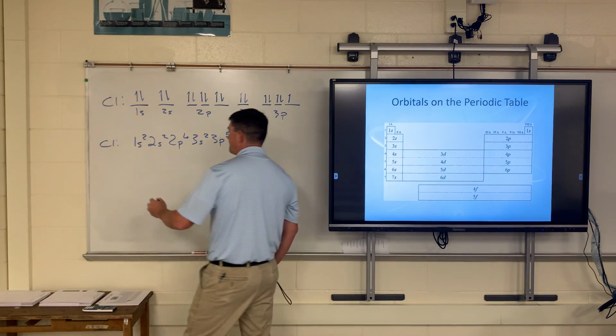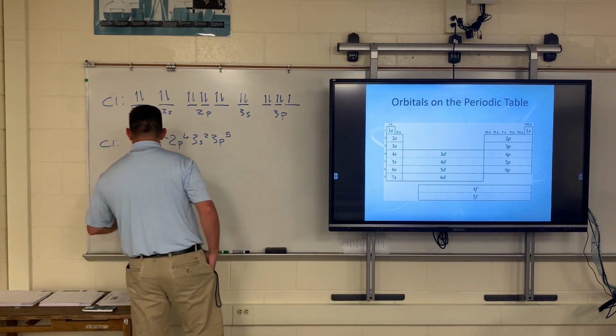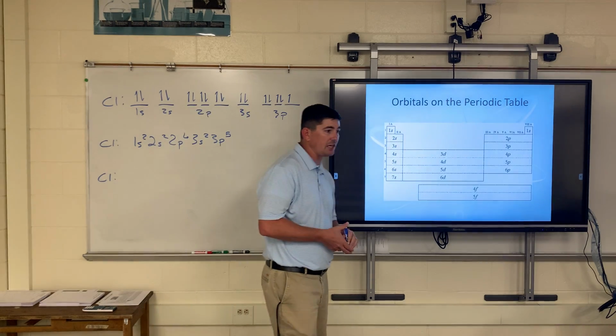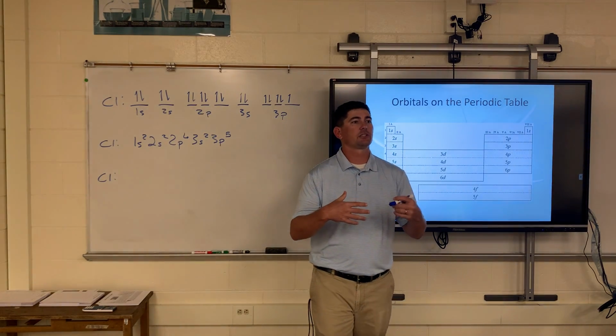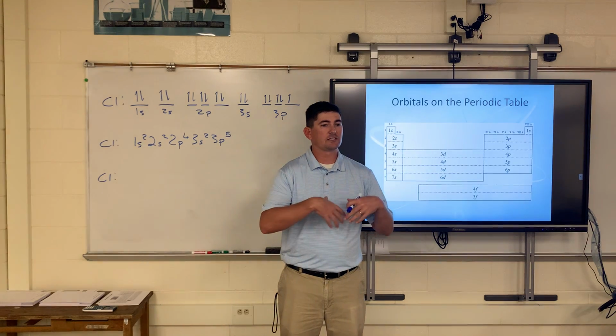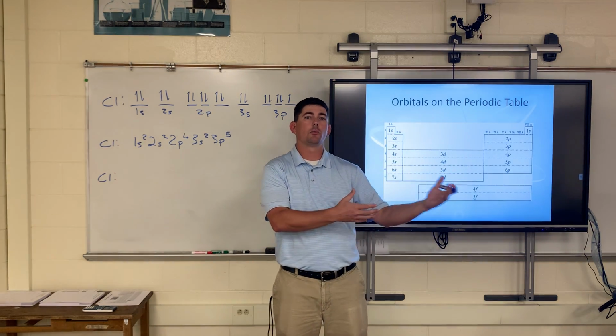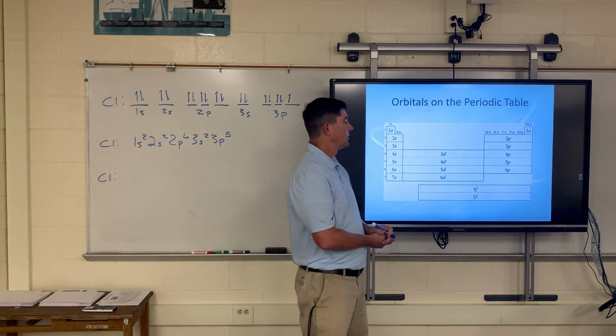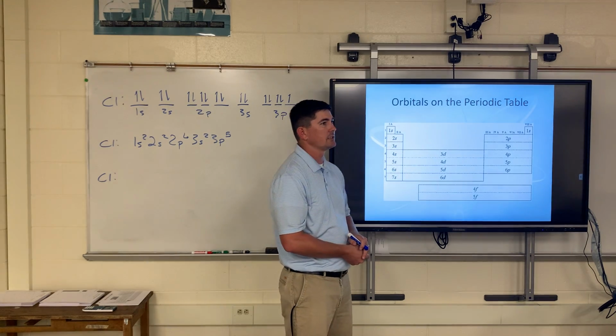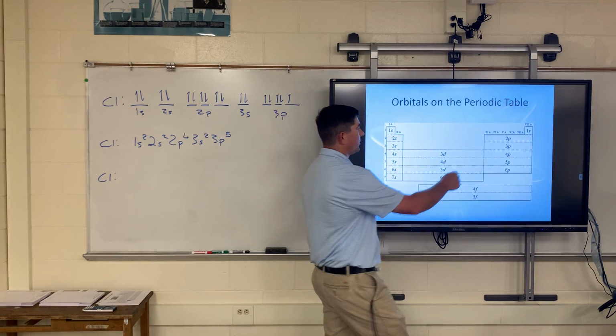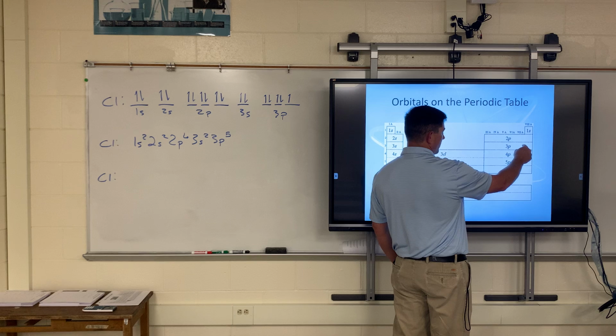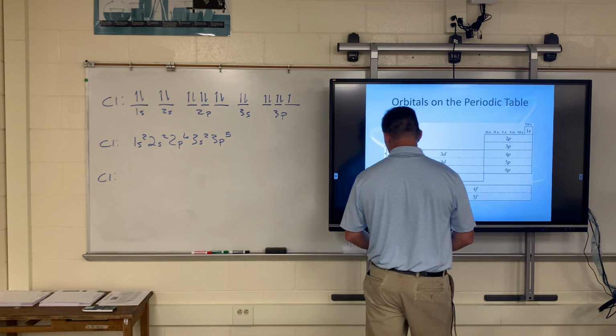Noble gas notation is an abbreviation that allows us to basically go off what the previous noble gas was, okay? So if we look at what the previous noble gas was, if you're looking at chlorine, chlorine's here, right? So its previous noble gas,